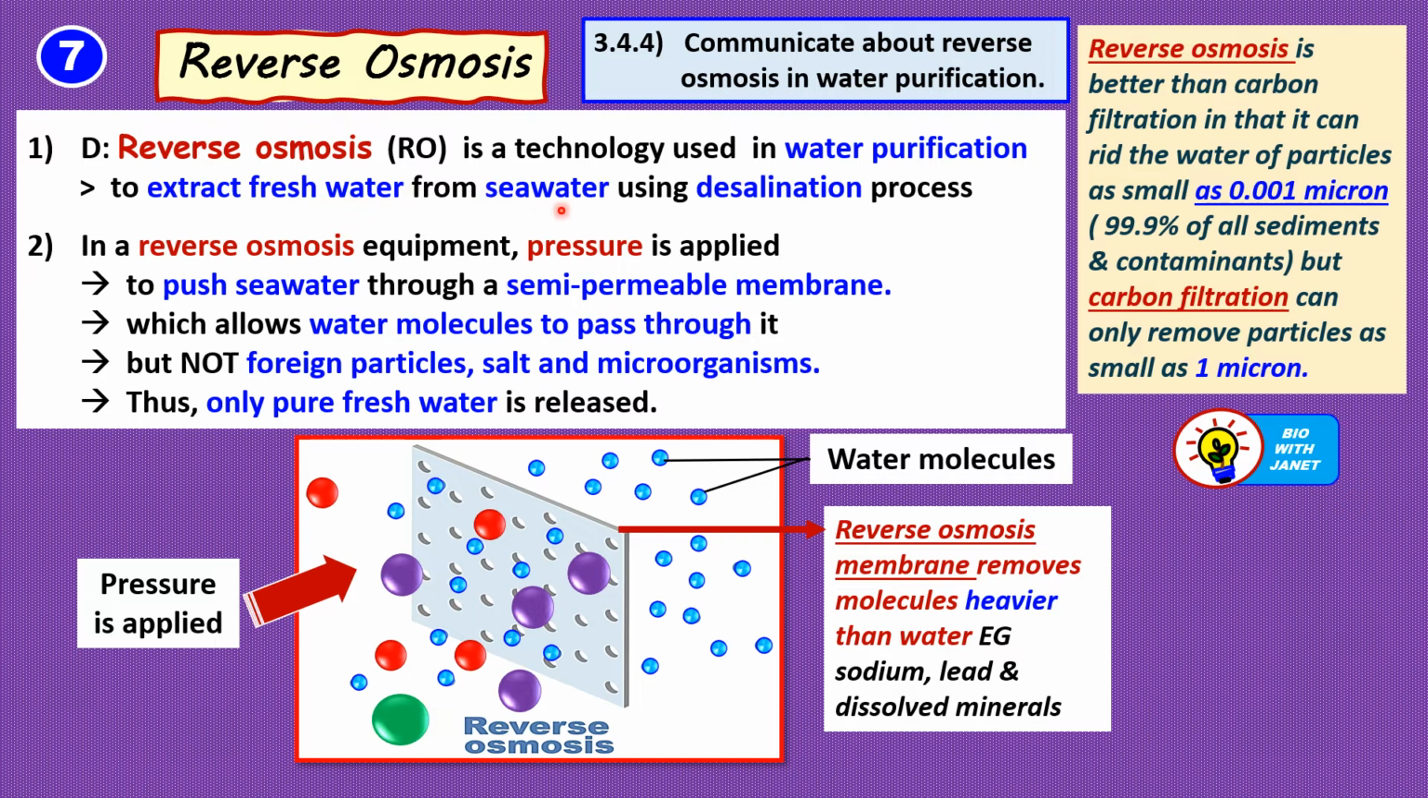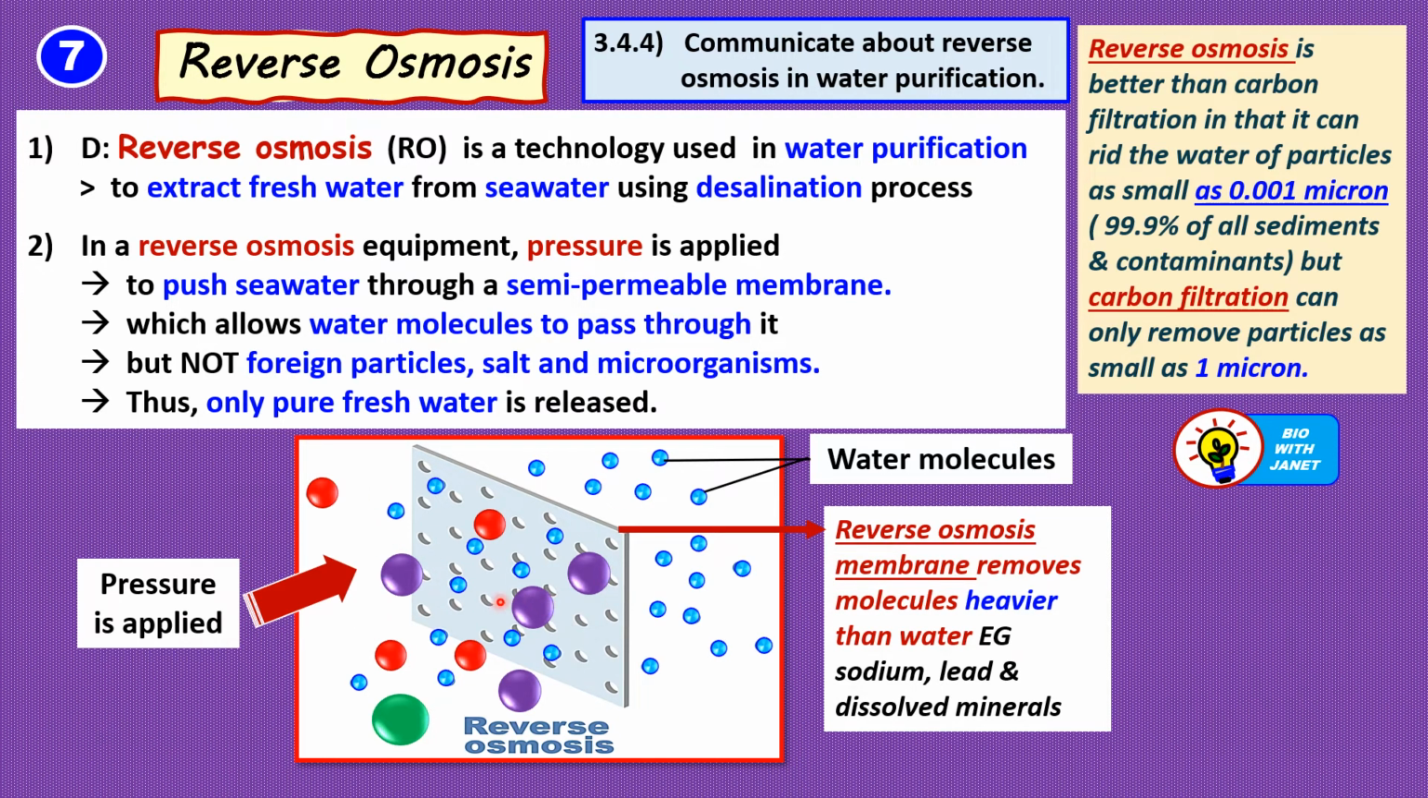from seawater. Okay, so this reverse osmosis is a very interesting, innovative technology used to purify the seawater and extract fresh water from it. So how are all the salts and impurities removed from seawater to produce fresh water? Okay, let's have a look. So in a reverse osmosis equipment, pressure is applied on one side to push the seawater through a semi-permeable membrane,